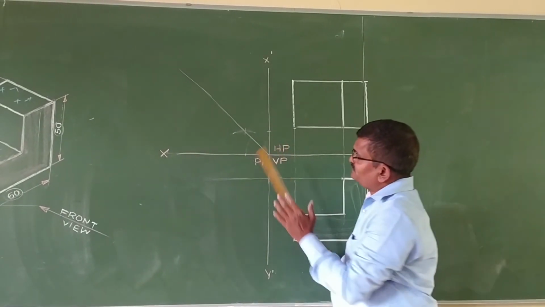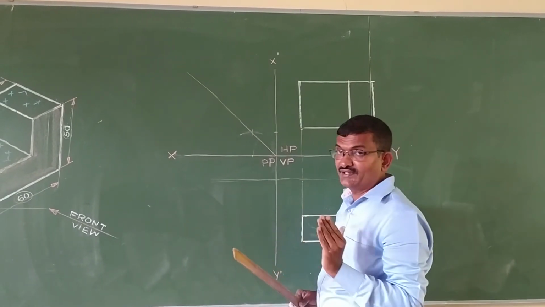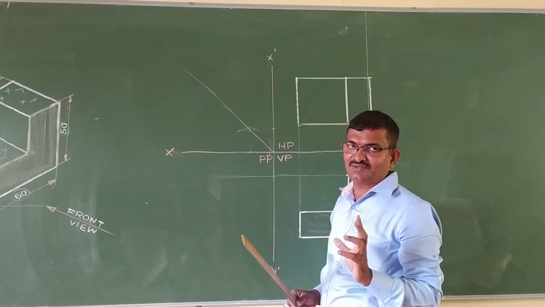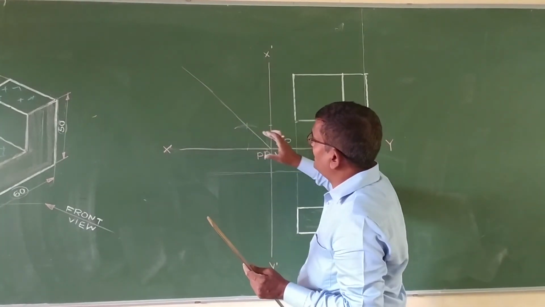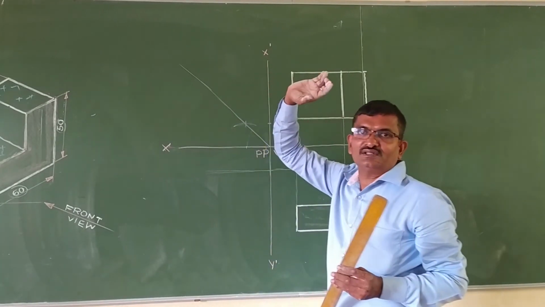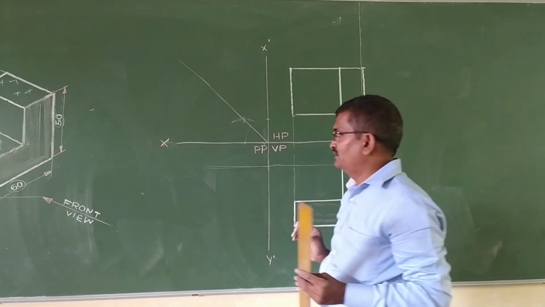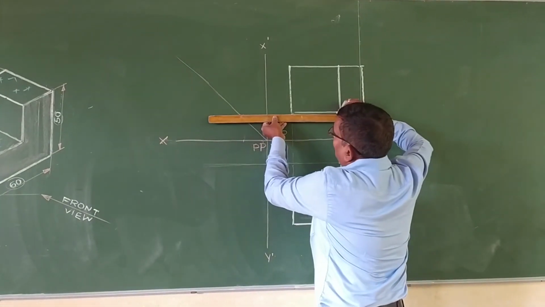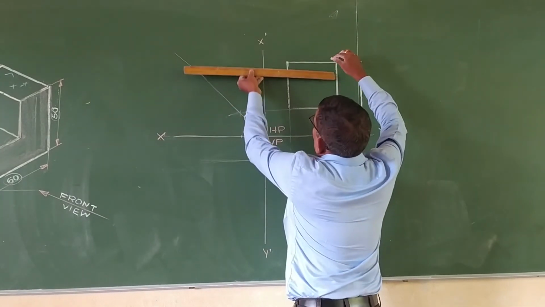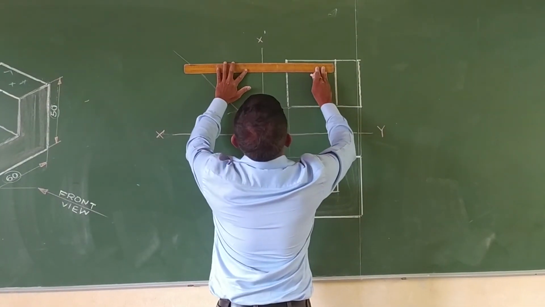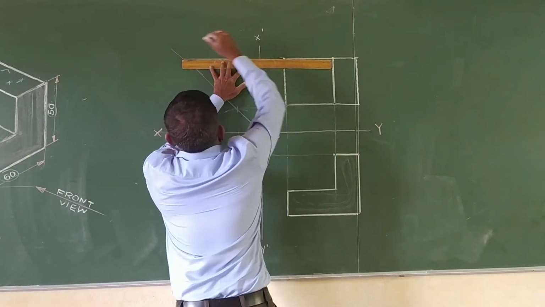We can use a protractor also, or a 45-degree set square. The easy method is we have one 45-degree set square, place the 45-degree set square and draw a line, that is the 45-degree line, or this method, or a protractor. Now join the horizontal line up here, and from this corner draw the horizontal line.